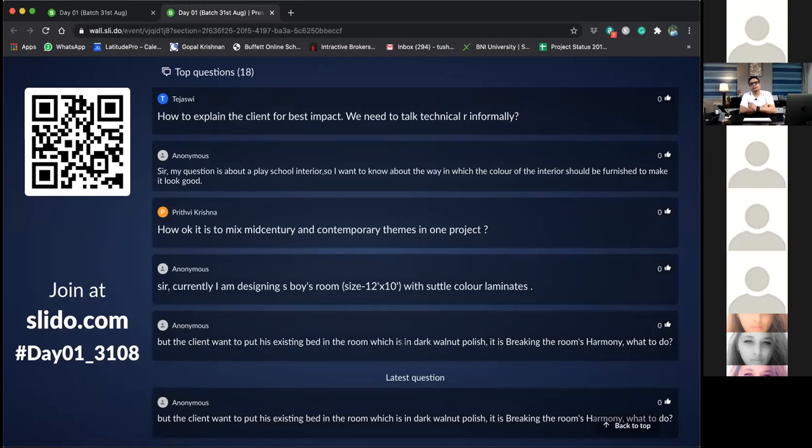Okay, if you have picked a specific color that represents the boys' room, anyways, I don't see blue as a boy color and pink as a girl color. I'm wearing a pink T-shirt right now. But still, if you want to give that one particular color theme, and you think the brown is breaking your harmony, you can convince the customer.